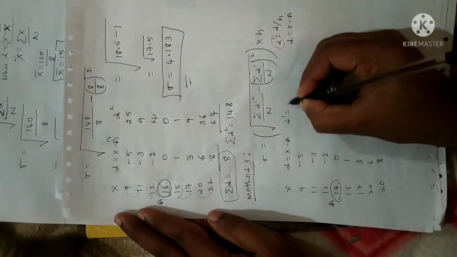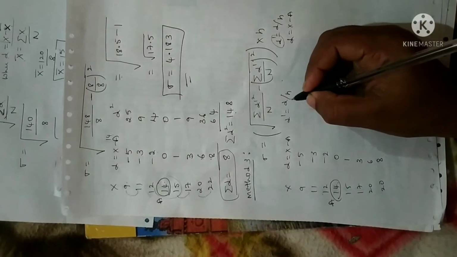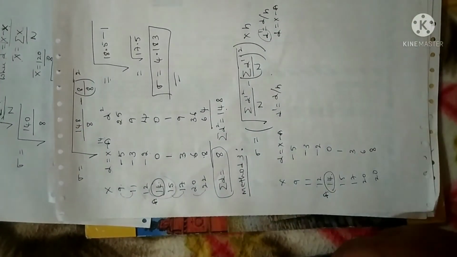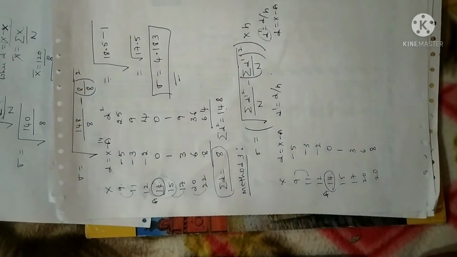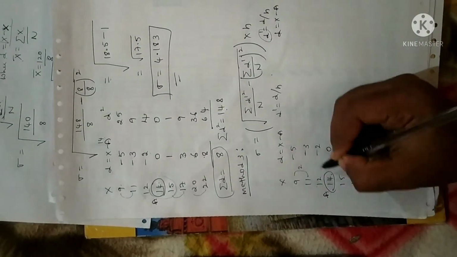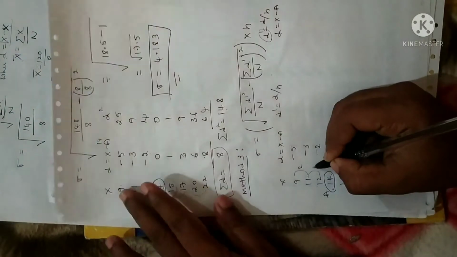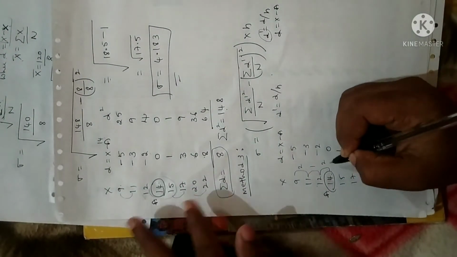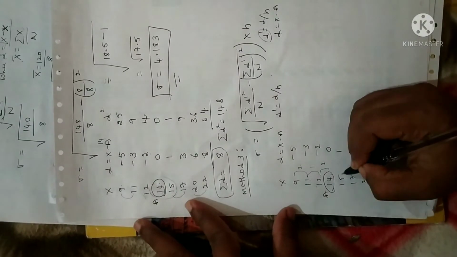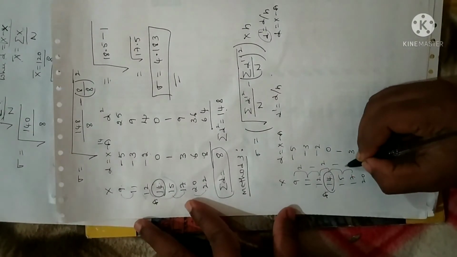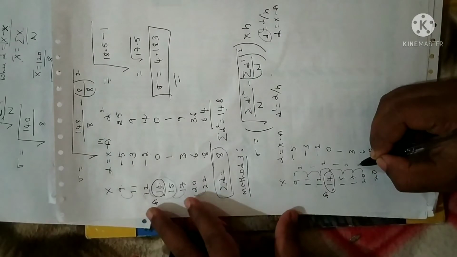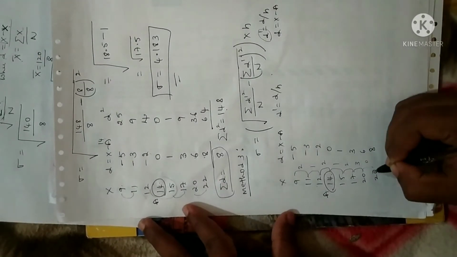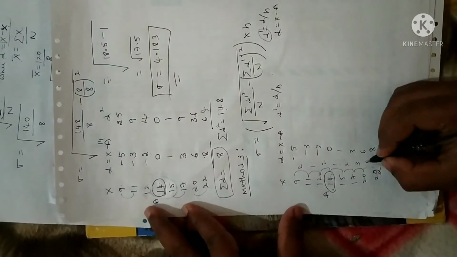So d dash can be calculated by using the formula d divided by h, where h is the least common difference. I have already told you. For that you have to calculate the difference of the x column. So 11 minus 9 is 2. Again 12 minus 11 is 1. 14 minus 12 is 2. 15 minus 14 is 1. Again 17 minus 15 is 2. 20 minus 17 is 3. Again 20 minus 20 is 0. I'm sorry, it is 22. I made a mistake here. 22, so it is 2.